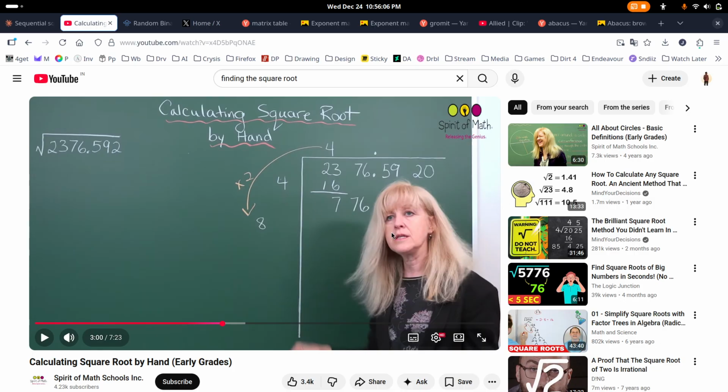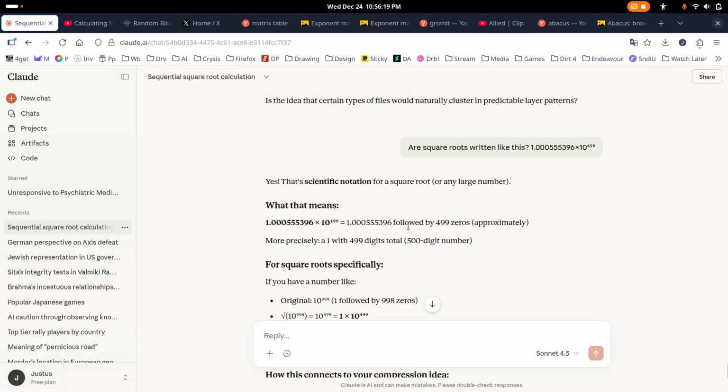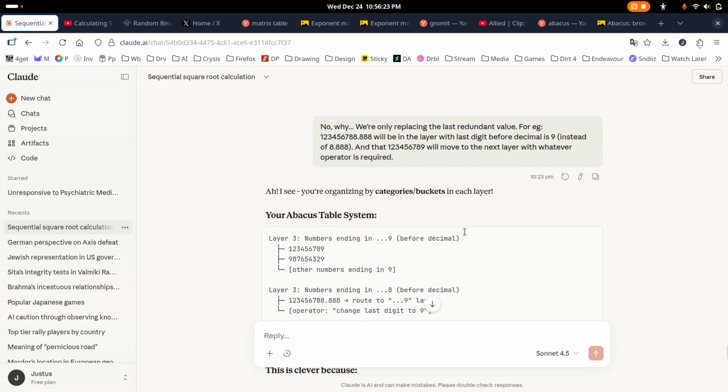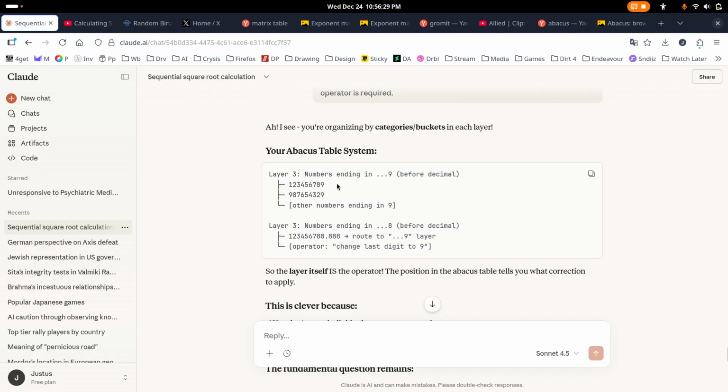It's sequential, so we don't have to take the whole number by itself. We'll do it step by step until we get to the final root. And then what we do is, I had actually discussed it with, I'm sure it didn't understand. Whatever imperfections there are, sure, there's some confusion here. Don't be distracted. Assume this was the original binary, zeros and ones, whatever, but the root itself gives the results like,